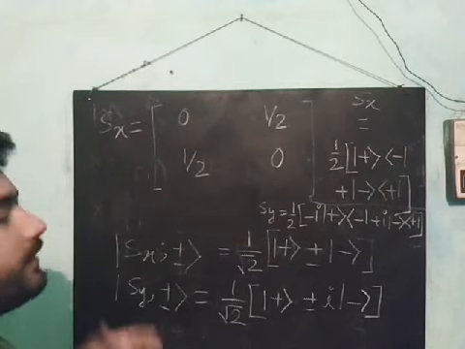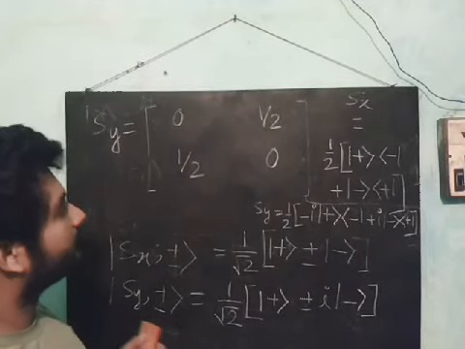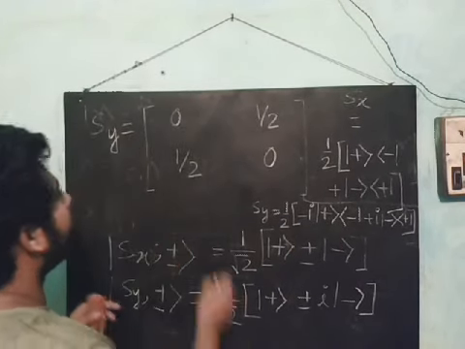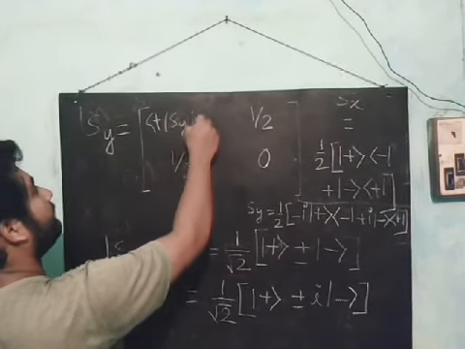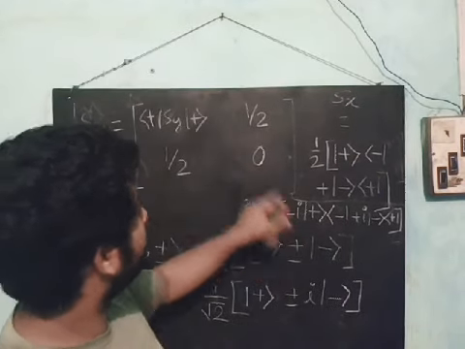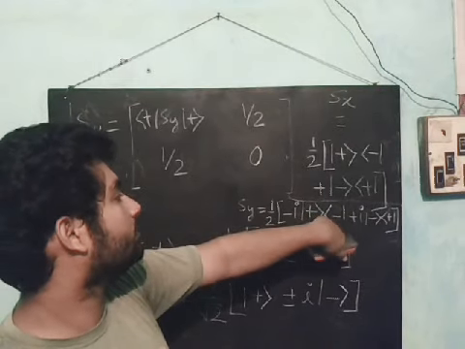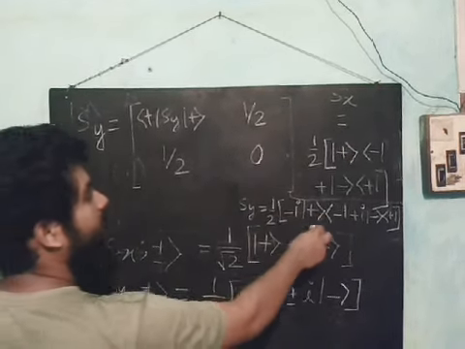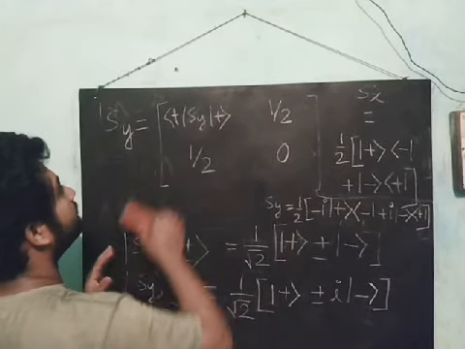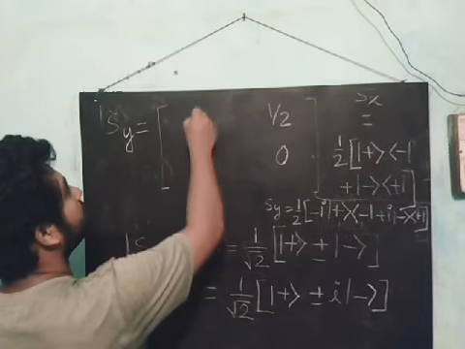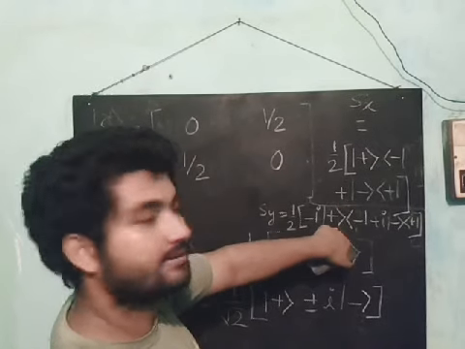Now what will be the matrix for Sy? Similarly, here will be positive Sy, positive. You can see this will be 0 because there is no positive and positive in both forms. So both slots, positive, negative, negative, positive, this will be 0. Here is positive, Sy, negative, and this thing, right?